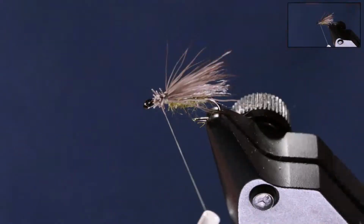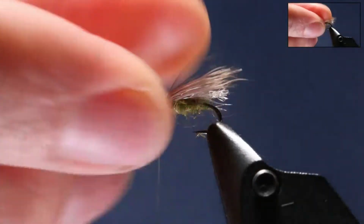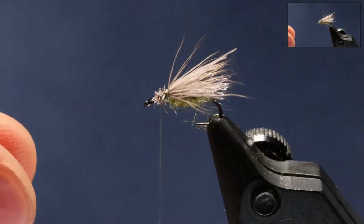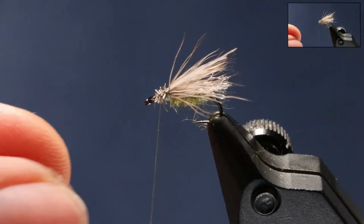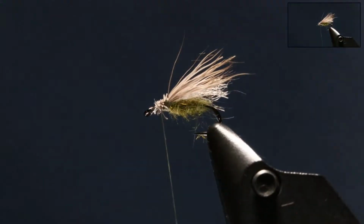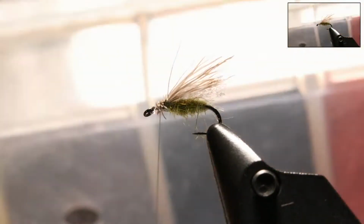Okay. So you see I kind of wrapped over those butt ends just a little bit, or back over to the thing. And I'm not worried about covering everything up. All that junk right there, all those little cut butt ends, I'm not worried about it. But I'm going to do the same thing, but this time, just so you can see a difference, we're going